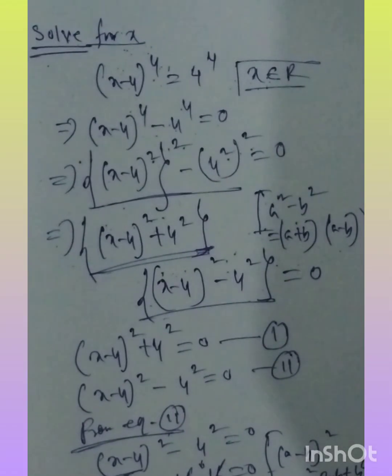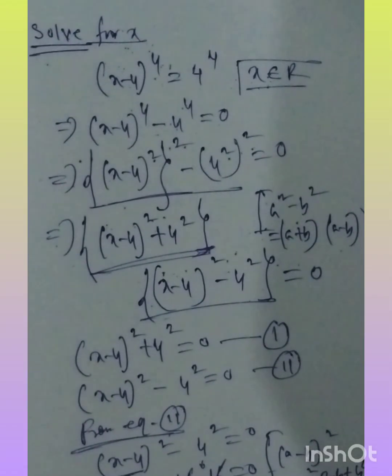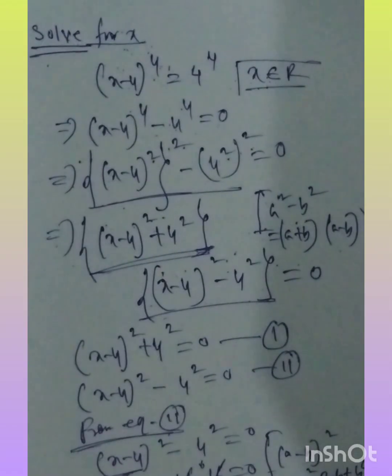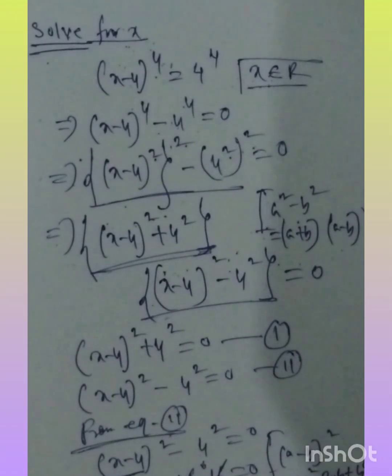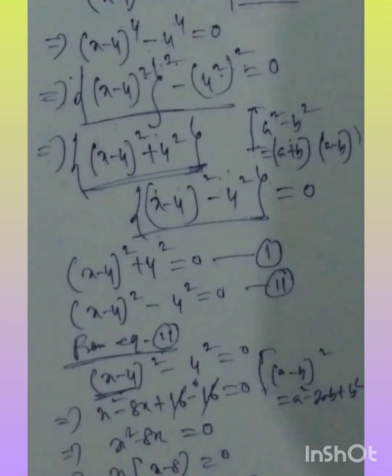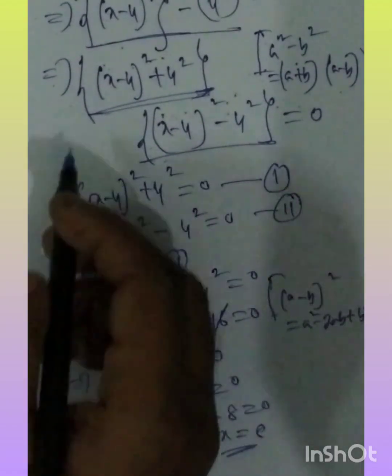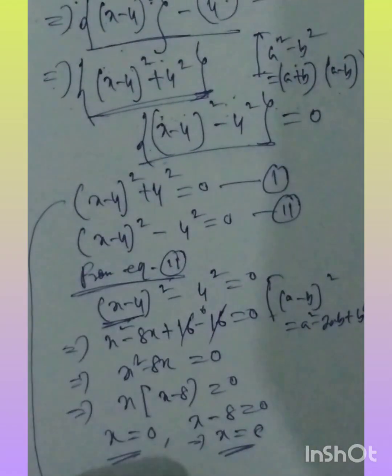Now here common x: x(x − 8) is equal to 0. So x is equal to 0. Now x − 8 is equal to 0, that becomes x is equal to 8. Now from equation 1,